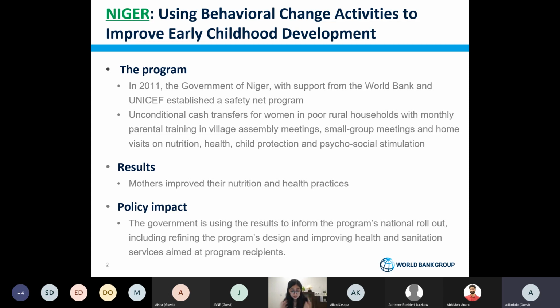So yeah, these were the two additional impacts of the baseline survey. Now the program design was also changed. The government decided that there would be more training and mentoring of the people who deliver the parenting program to improve the quality of the general program, because if the people who are mentoring these households, these mothers, are not trained properly and if they don't know their own subject, then it can be tricky and the program will not have its desired effects.